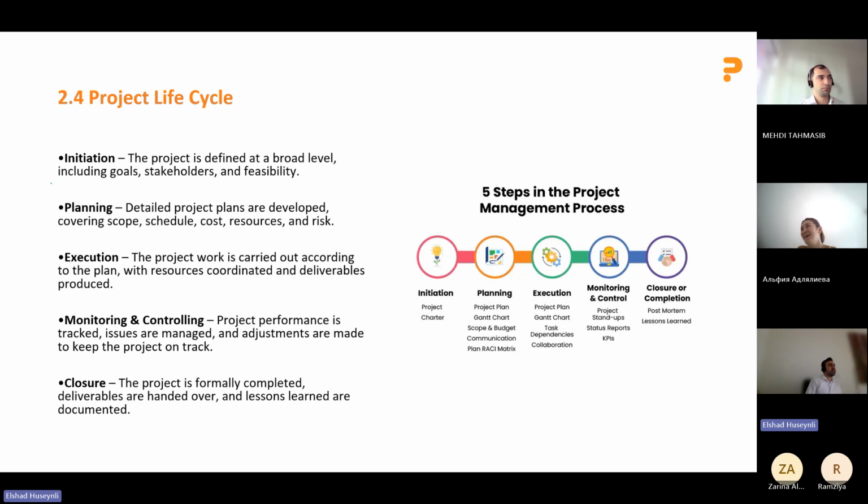In initiation, we prepare a feasibility analysis, we prepare the stakeholder list, and we also prepare the project goals. Once everything is okay, the goals are set, the feasibility analysis is done, and stakeholders are happy to start with the project,